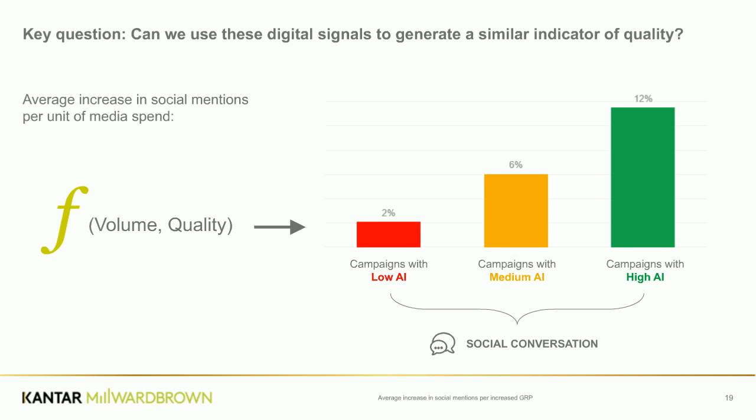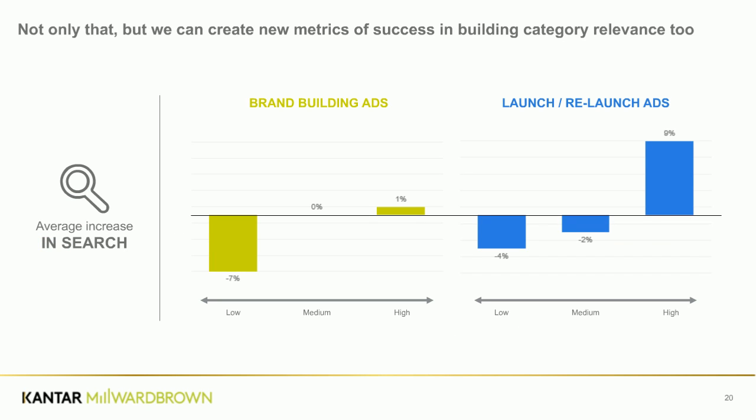What's really nice about these different data sources is that if we do a similar analysis using the search data, it actually tells us something that we couldn't get before, which is that the amount of increase in brand search that you get for a given level of media spend seems to be dependent upon how compelling anything you have to say in your communication is.